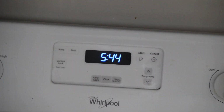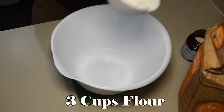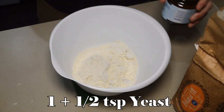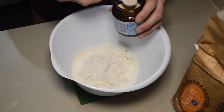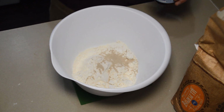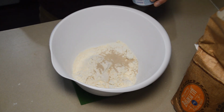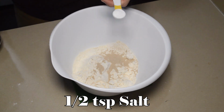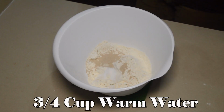Looking at the clock, and it's 5:44 p.m. as our starting time. We'll start off in a mixing bowl by adding 3 cups of all-purpose flour as well as 1 1/2 teaspoon of yeast. Normally you'd want to proof the yeast beforehand, but this was a new jar and I'm feeling like taking risks today. Next, add to the dry ingredients 1/2 teaspoon of salt and 3/4 cup of warm water, around 85 degrees